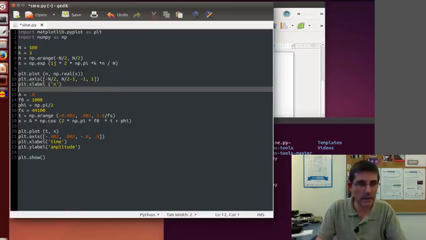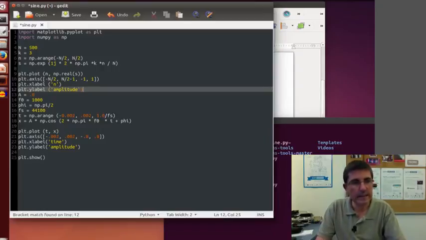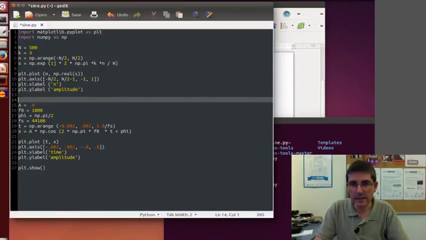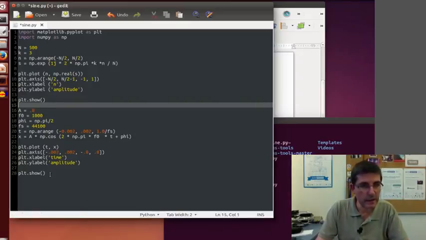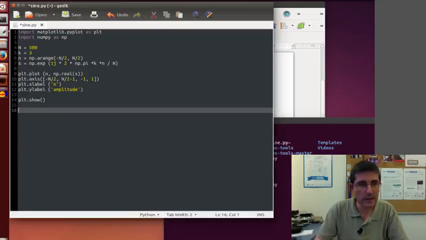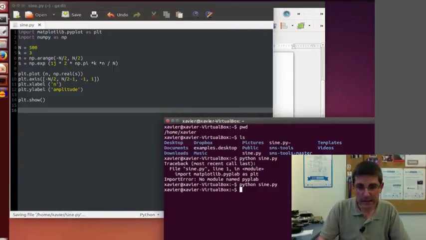And for the y label, the same thing, we have the amplitude. Okay, and that should do it. The only thing left is again the show command, and that should do it. So if I delete this other part and I save it under the same name, so it's the sine. Hopefully, if I don't have any error,